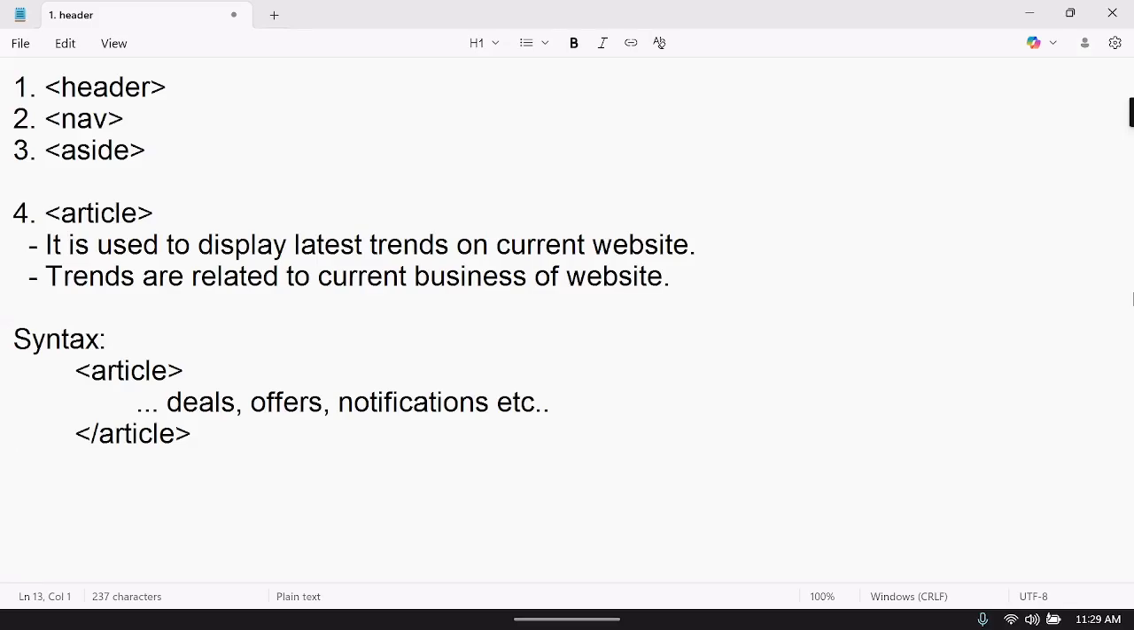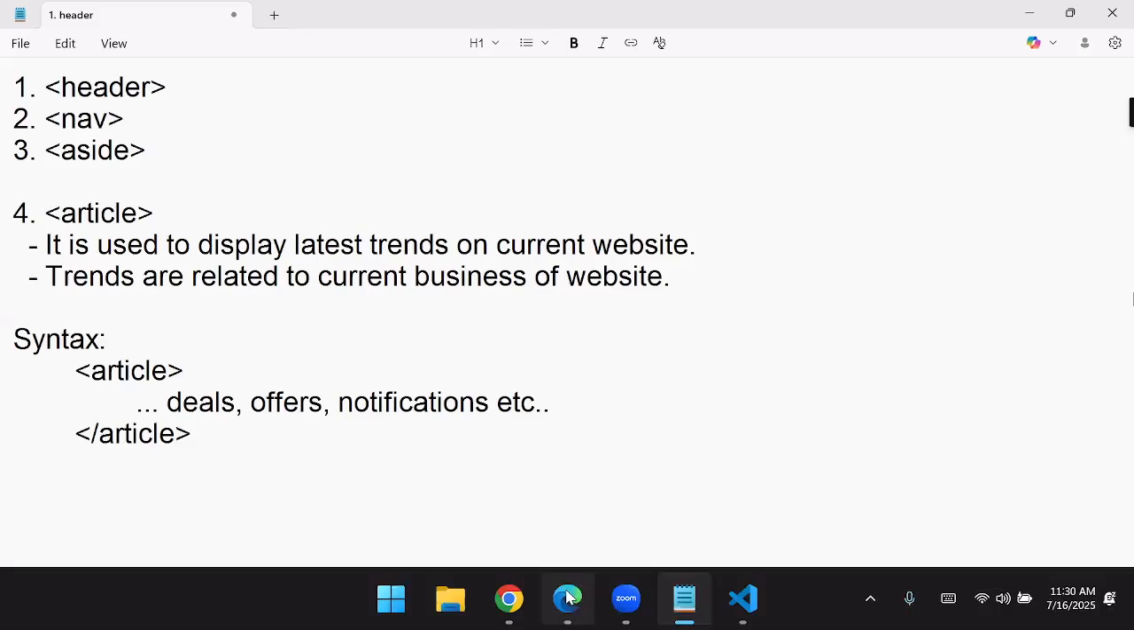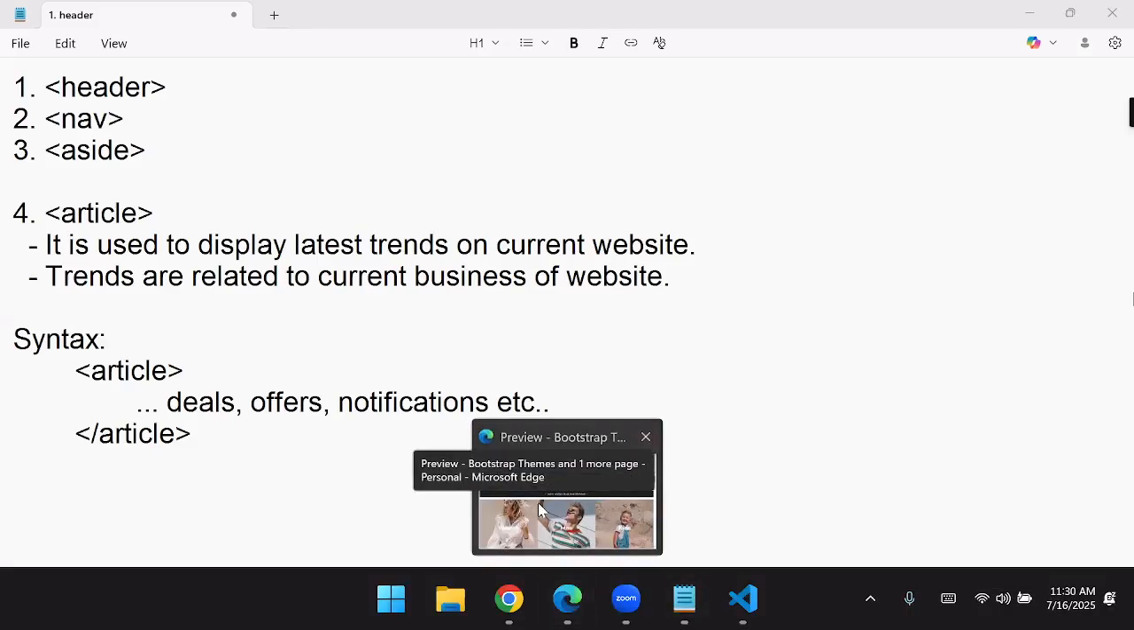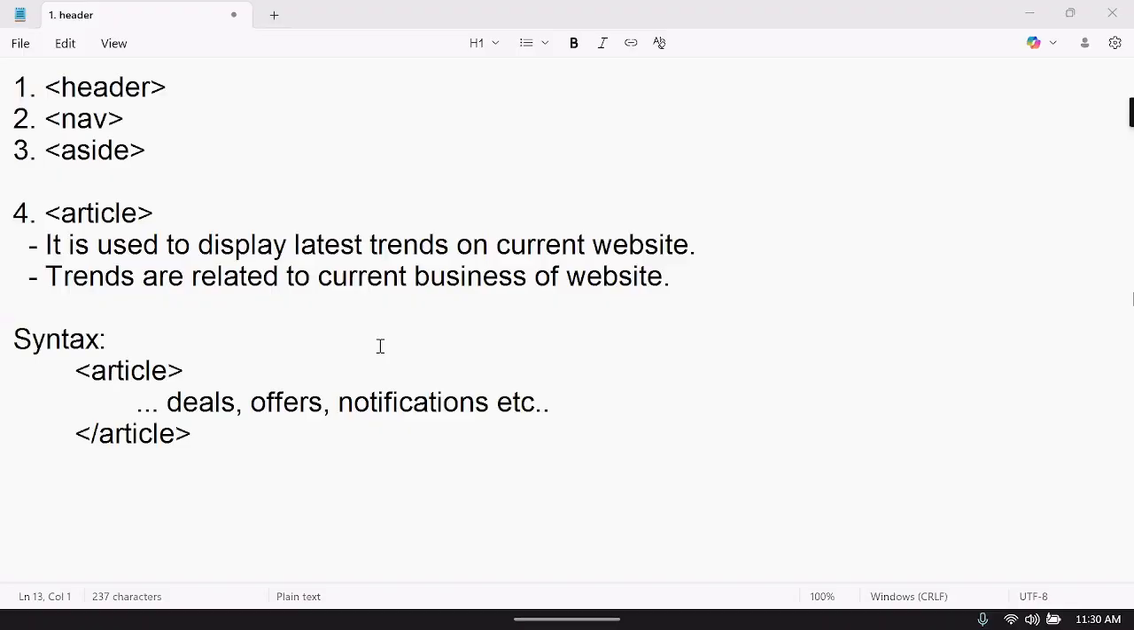Latest trends related to the current website. We need to keep such information in this, and it can be anywhere, any shape, anywhere in a website. We can put that using article. For example, this website I showed you, suppose I open some other website,